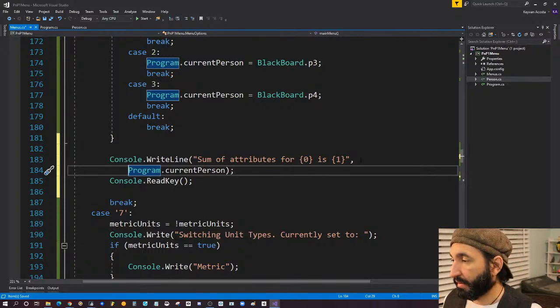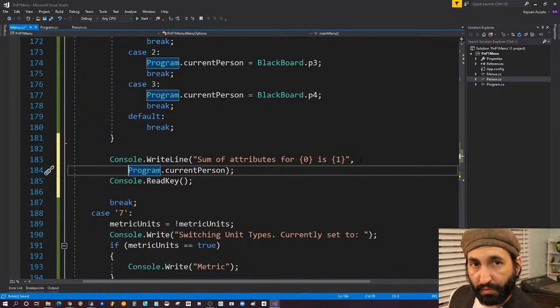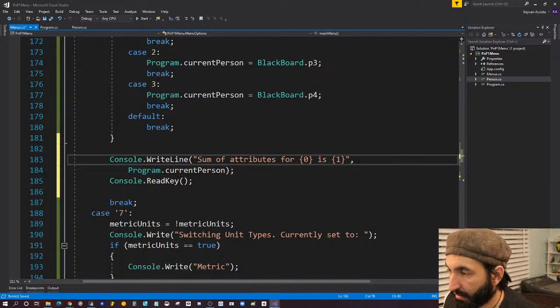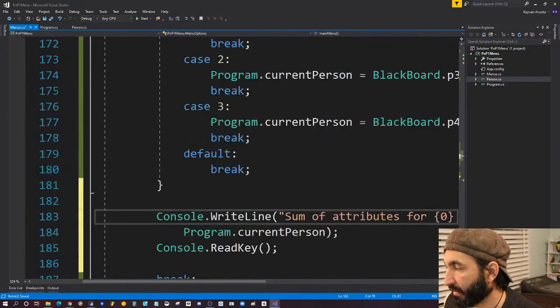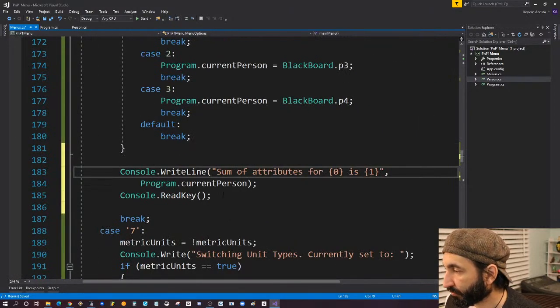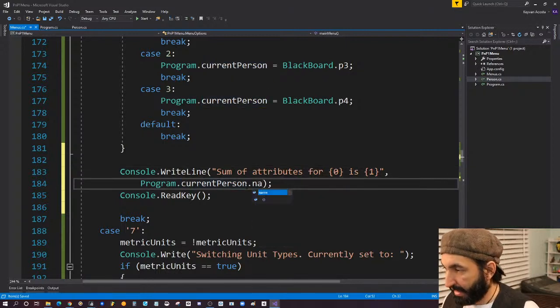Okay, so it's important to know where you press enter. I'm writing it after a comma right here, which is absolutely fine, but it's just for legibility. If I wasn't, I would do it here, and it's one line. So the current person's dot name,